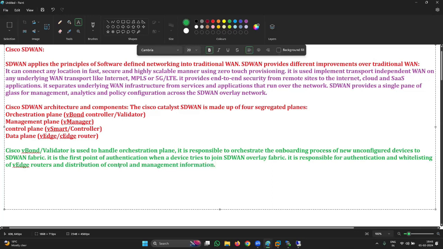Okay. So whenever any WAN edge router will try to join SD-WAN overlay network, first of all, it will